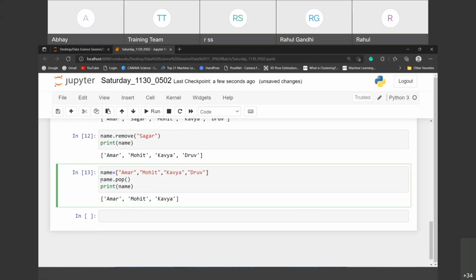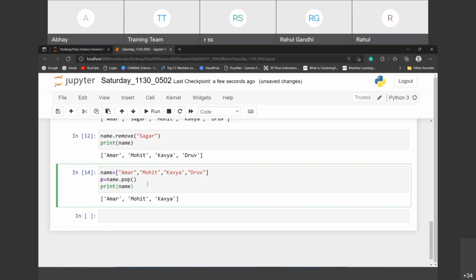And whatever content is removed, we have to identify which content was removed. So I'll take p = name.pop. Whatever content is removed will be stored in the variable p, and check out what will happen now.